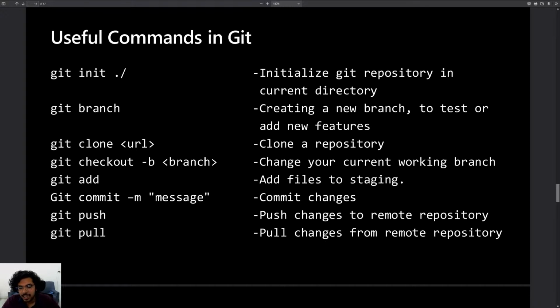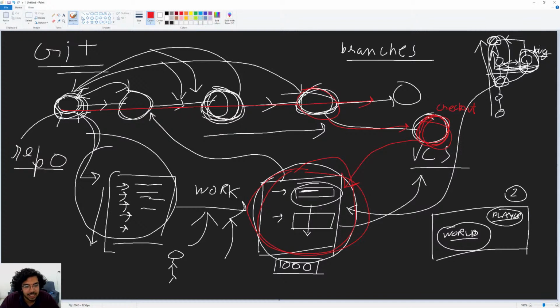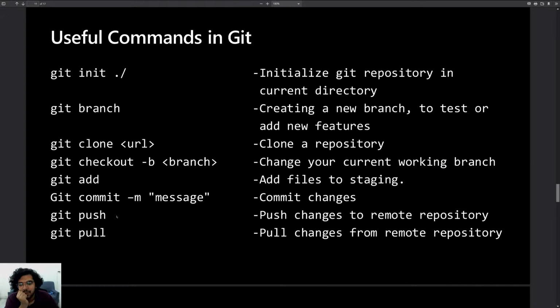And then finally there's git commit. What git commit does is it pushes the changes to your node. So once you've made some changes, then you can git commit, and then this will add the changes to this same node. All right. And then we add a message along with our commit message, which is very important.